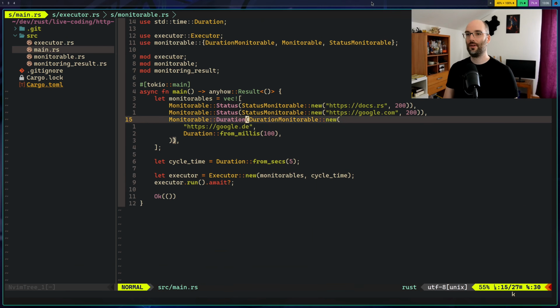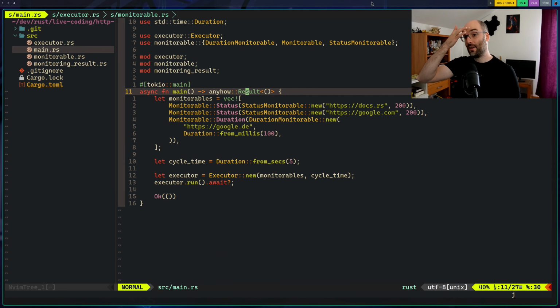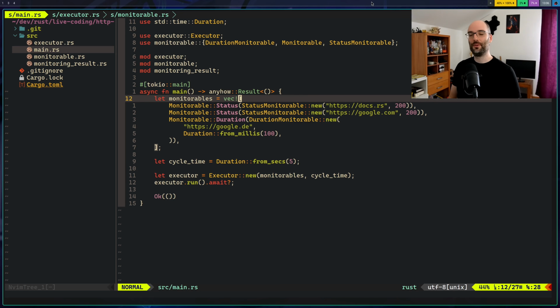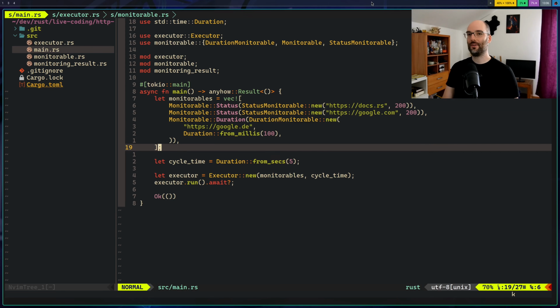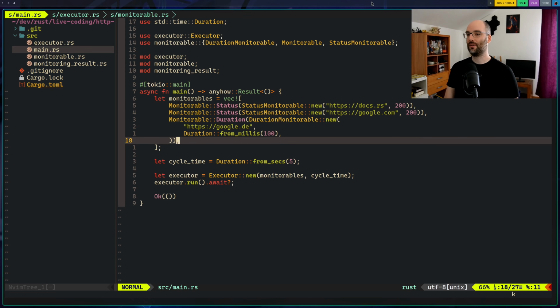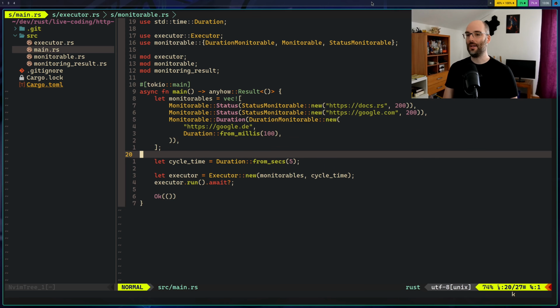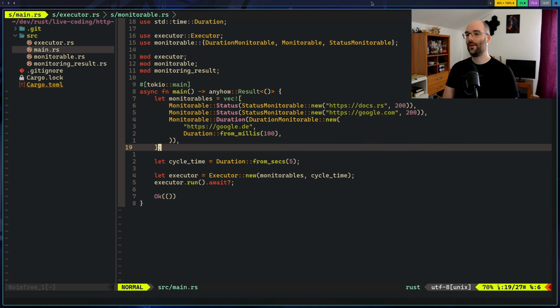So clean up the initialization here. Then step number 2. I don't know whether that was actually step number 2. I lined out 3 steps in the beginning of the video. I totally forgot what step number 2 was. Step number 1 was definitely the refactoring. What I would like here, instead of handing the monitorables as blank data to the executor, I'd like to create a config struct, because we might and probably will have more config than the monitorables themselves.